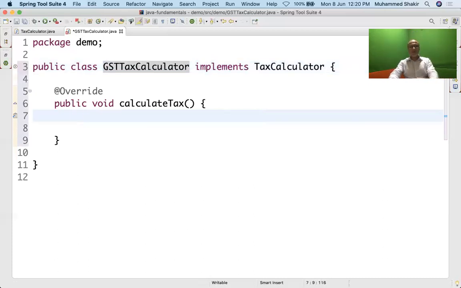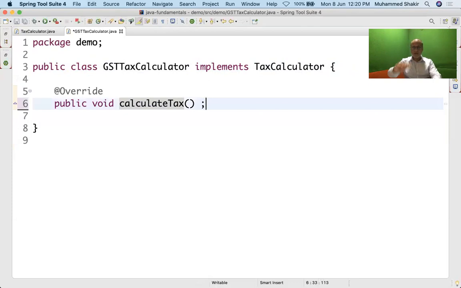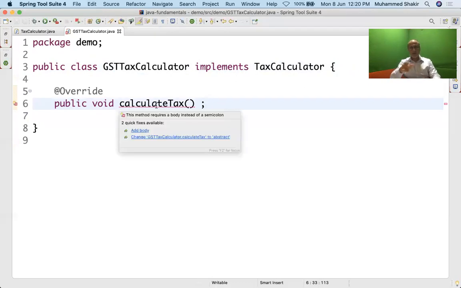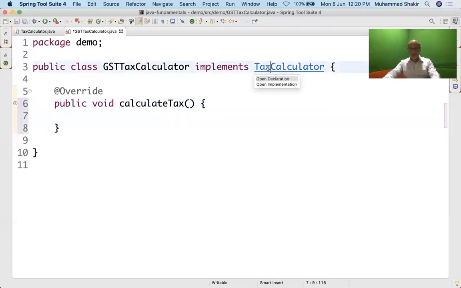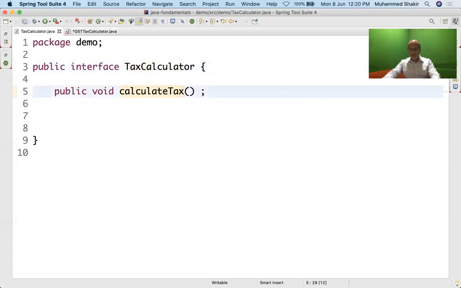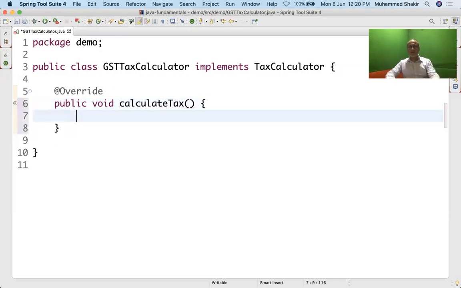So here you are. Now there is no error at all. Why? Because there is now the implementation here. Though the implementation is empty, there is an implementation, open brackets and close bracket. Here also, if I give a semicolon, then again there is a problem. Now see what is the error message here. It says that the method requires a body instead of a semicolon. It very clearly tells you, because you're saying it is supposed to override, that means it is supposed to provide the implementation of tax calculator, calculate tax method. Where is the implementation? If you just give a semicolon, it says you must write the body of the method.